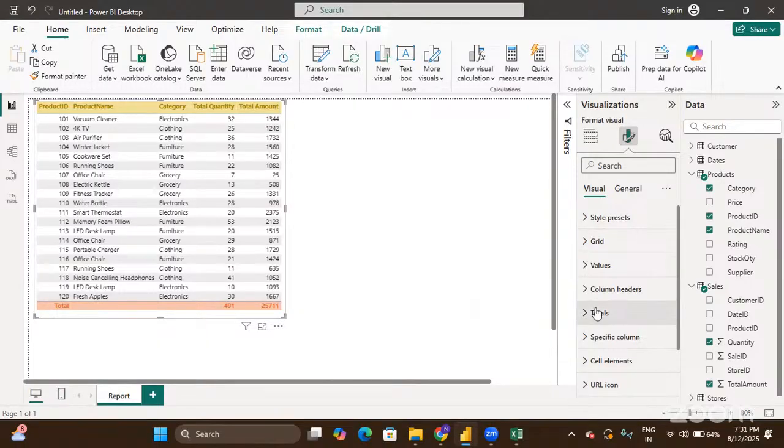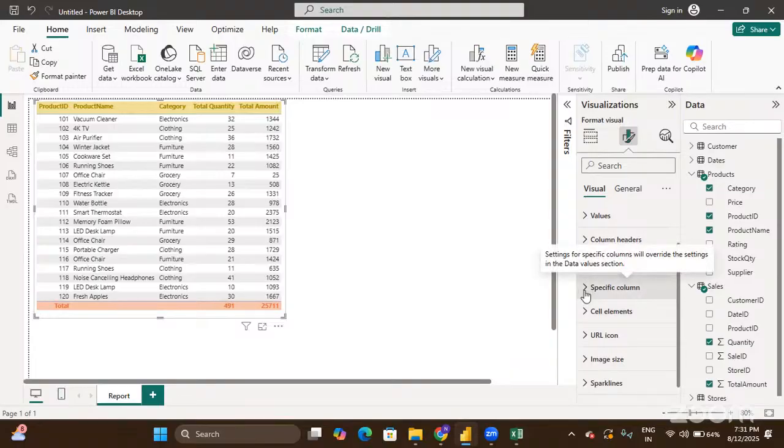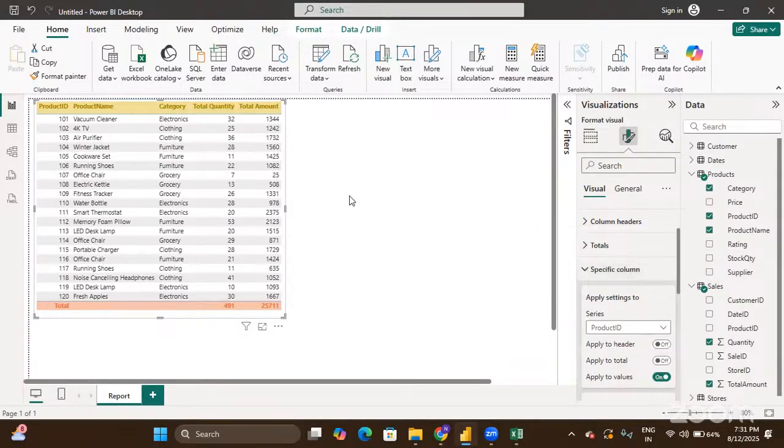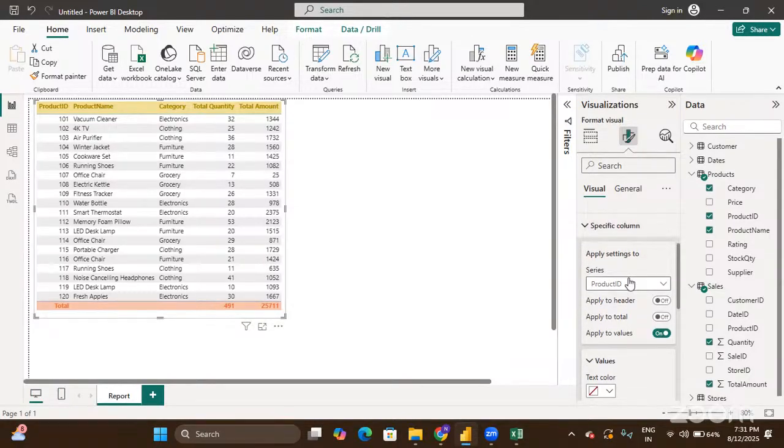I'll go with the specific column. The next formatting option that we have is specific column. What does this specific column actually talk about? Specific column is talking about one specific column that you are actually interested in. Out of all these 5 columns, which column are you showing more interest in, or which column is very important? If you assume the total amount is the important column, and you would like to add any formatting options to this total amount column,